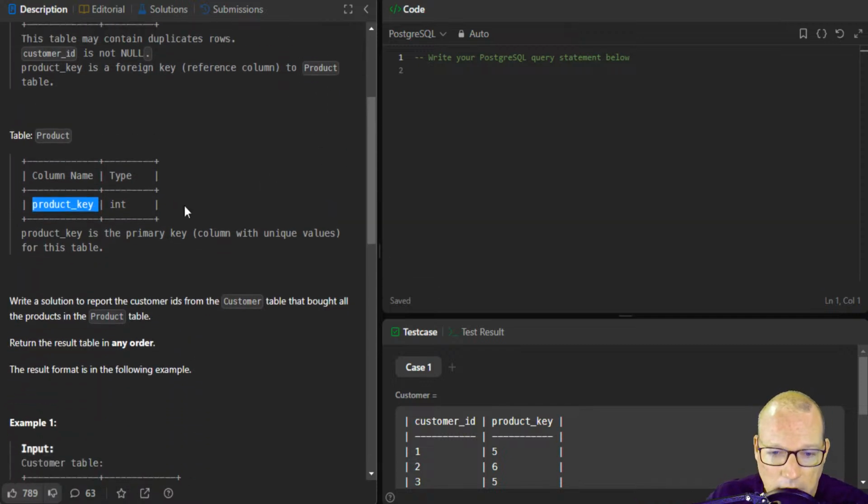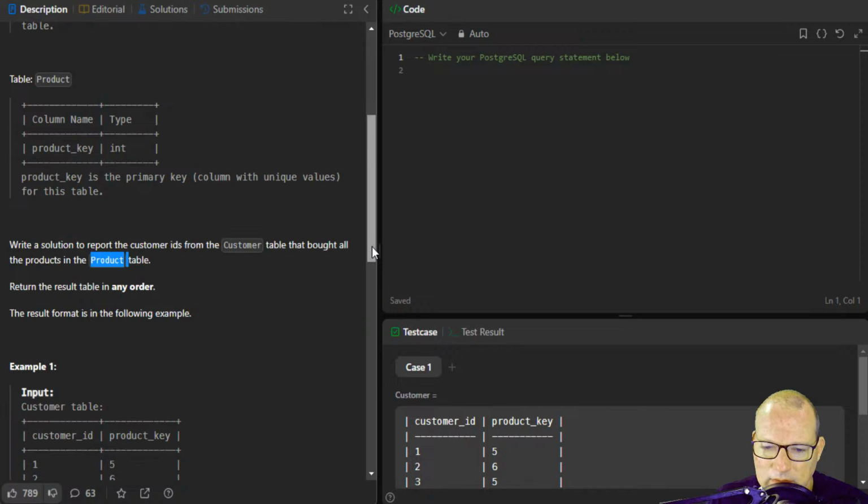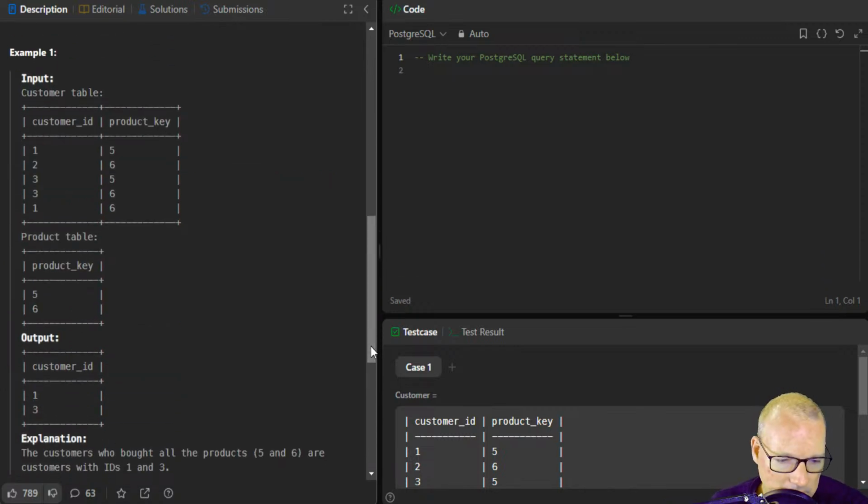All right. Product key is the primary key, unique for this table. Yes. Write a solution to report customer IDs from the customer table that bought all the products in the product table. All right. So let's let that sink in for a second. Let's come down here and look at our example. So customer,